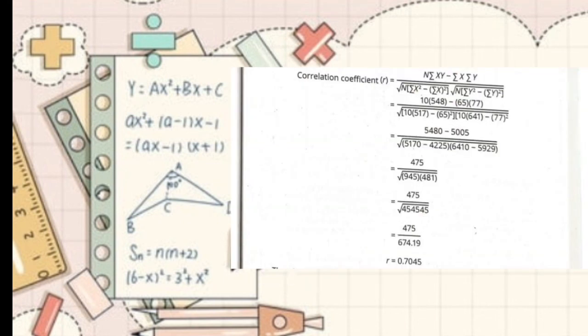Next is the formula. This is the formula of the correlation coefficient. The mathematical process gives a correlation coefficient of 0.705 between performance scores in reading and in problem solving. This coefficient indicates a moderate